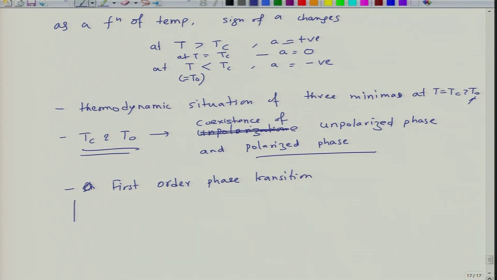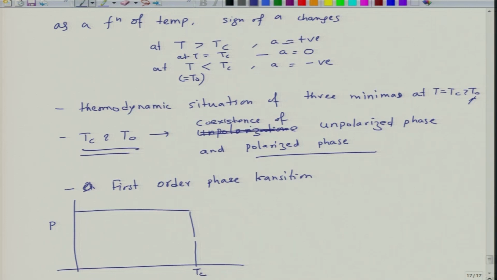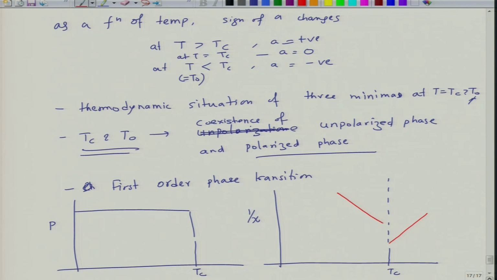And when you make a measurement of such a material, the polarization goes and then drops suddenly at Tc. And if you measure susceptibility, 1 over chi, then this is Tc. The susceptibility shows a funny kind of behavior. Susceptibility shows a discontinuity at this temperature,